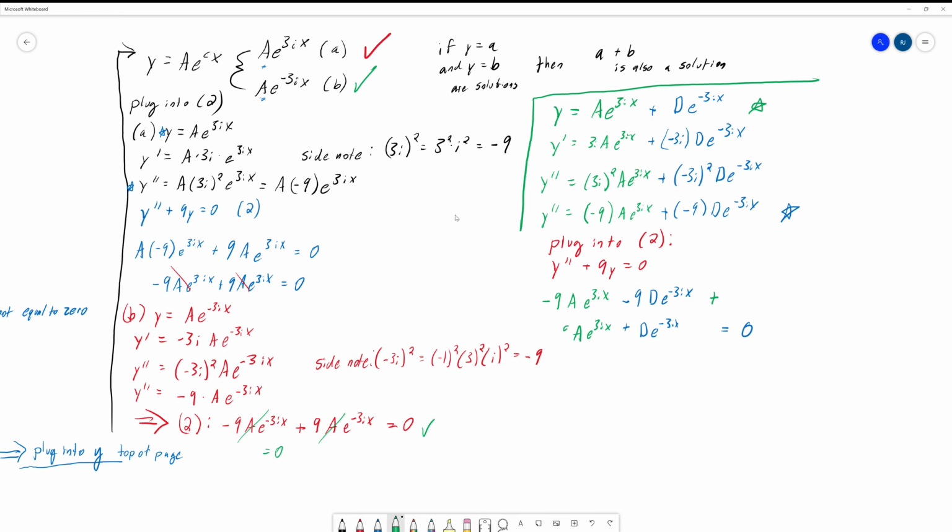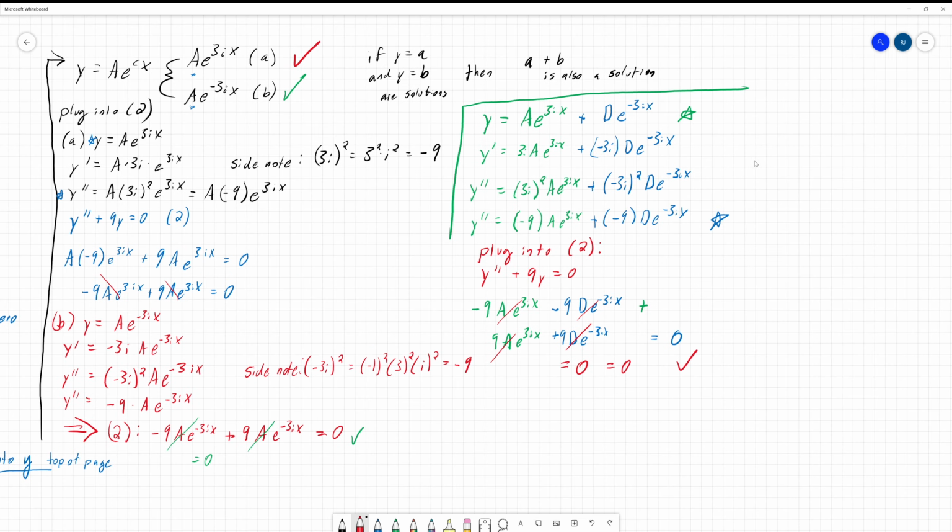So we get a 9 here, and we get a 9 here. And we see that individually, this and this cancel, and this and this cancel, and thus the left side equals 0, which is what we need it to be. And so this is where you get the idea of superposition of solutions. Okay, so then we're almost done, and the final answer is